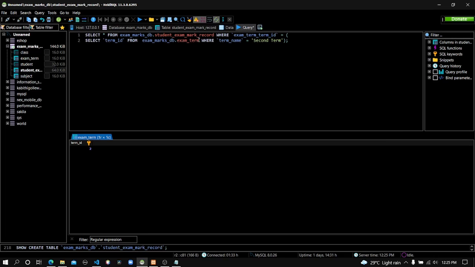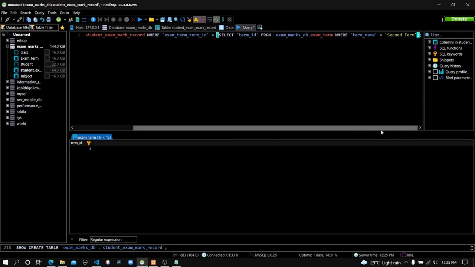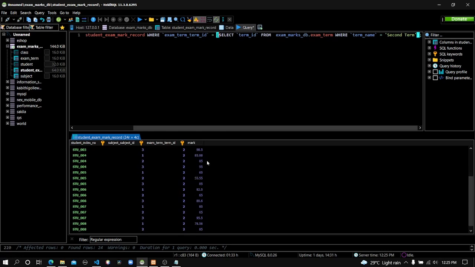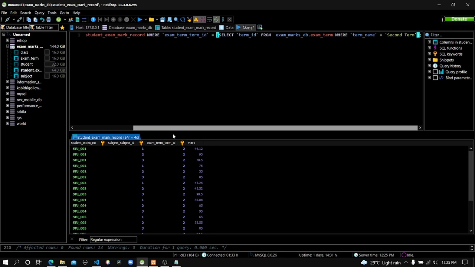Okay, here's the subquery. It will feed the ID of the second term test into this condition. So let's execute this one. You can see all the details of the second term test are here. Here you can see the exam term ID is 2 in all the records in the result, but we need